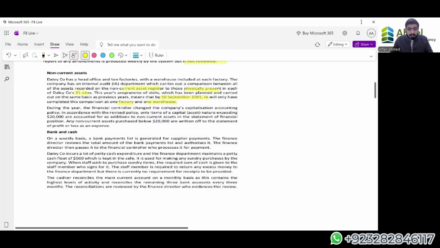Now, a physical verification is being conducted on the asset. One problem is that we are physically verifying the assets on the same date as last year. Does this ring a bell? If I tell you that on the 30th of January I will check your transactions, and you know that on 30th January you will be checking your transactions, will you not basically try to cover your things up?